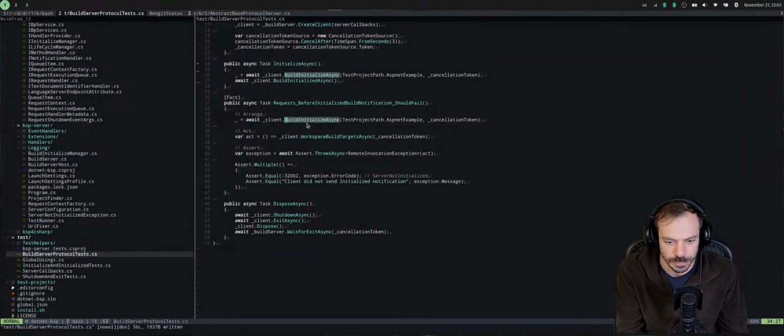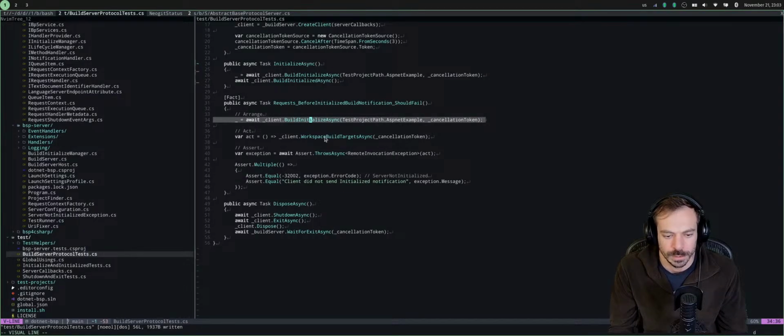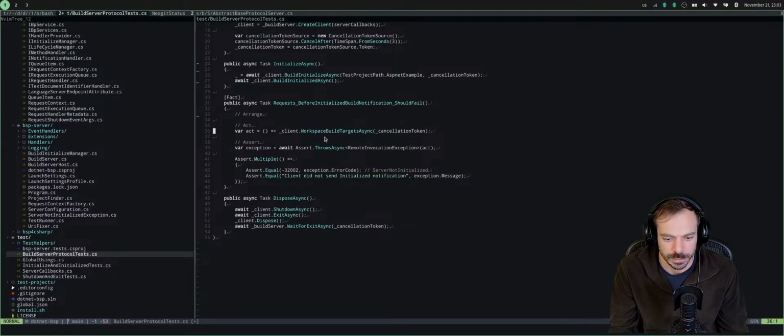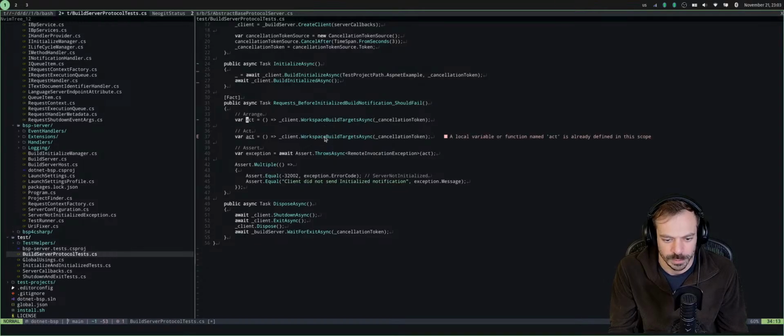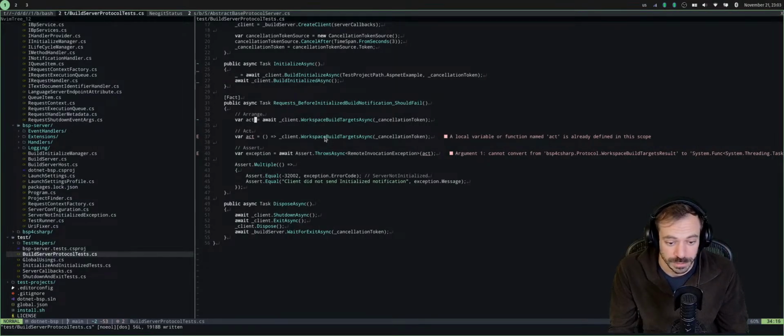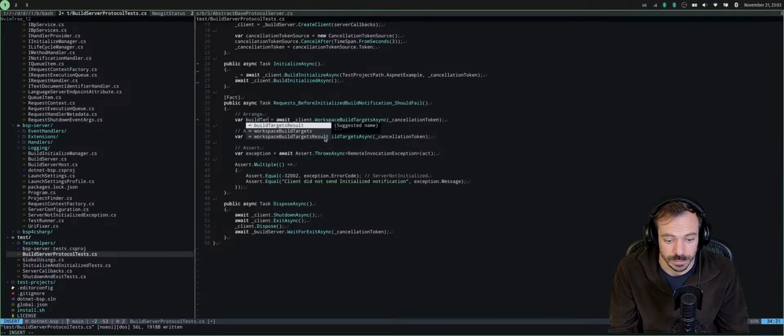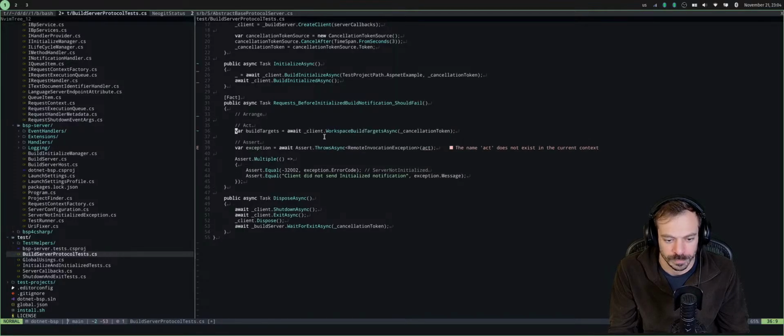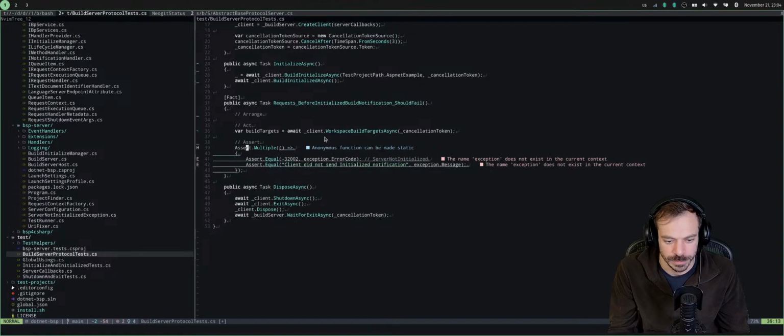it's actually done that. We do here the call with the await workspace build targets and then build targets here and got a cert here already.